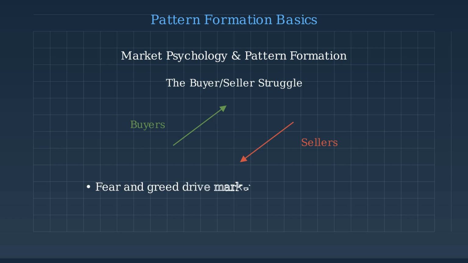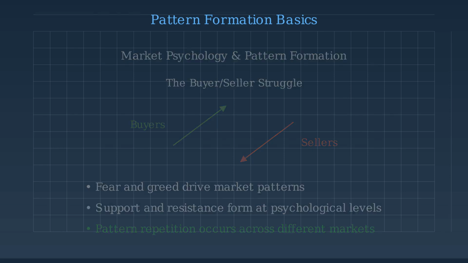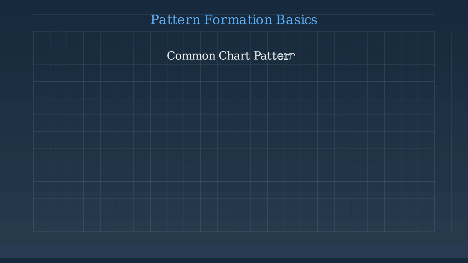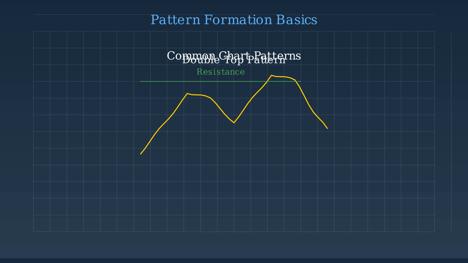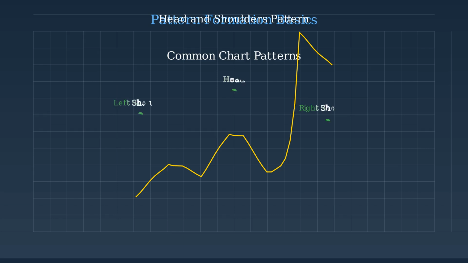Fear and greed drive market patterns, with support and resistance forming at psychological levels. This pattern repetition occurs across different markets and time frames. The double top pattern forms when price attempts to break a resistance level twice and fails, often signaling a potential reversal. The head and shoulders pattern, with its distinctive three-peak formation, is one of the most reliable reversal patterns recognized